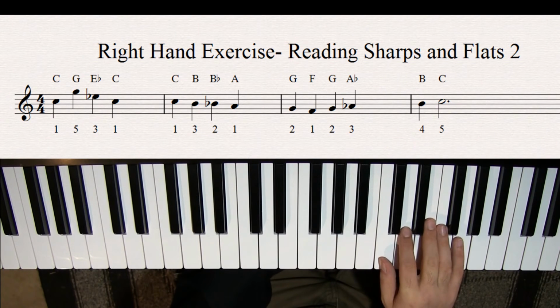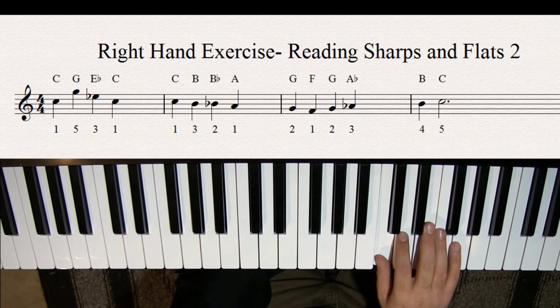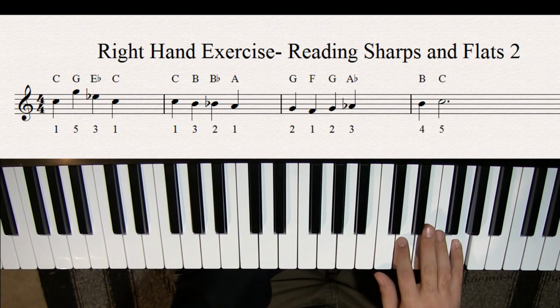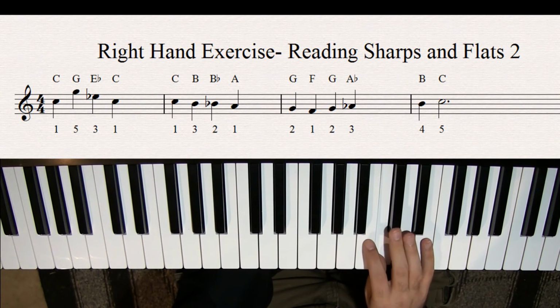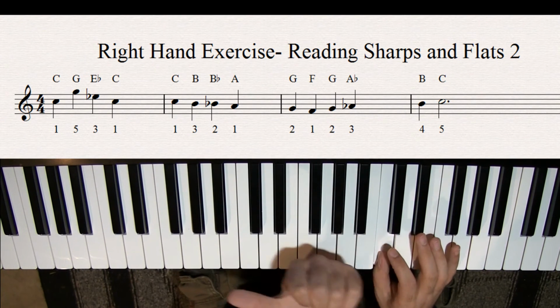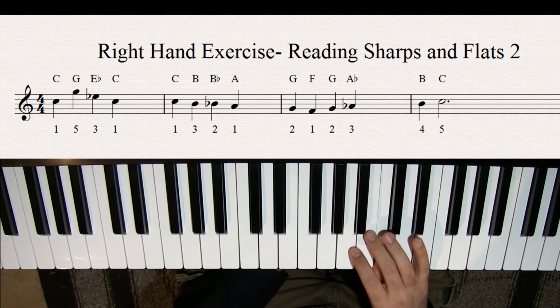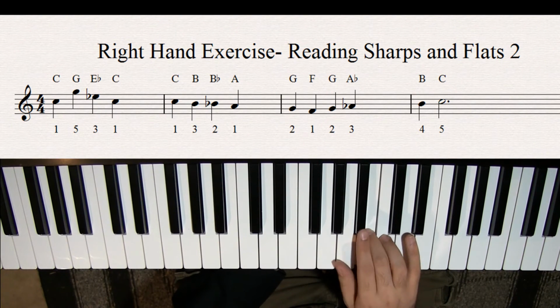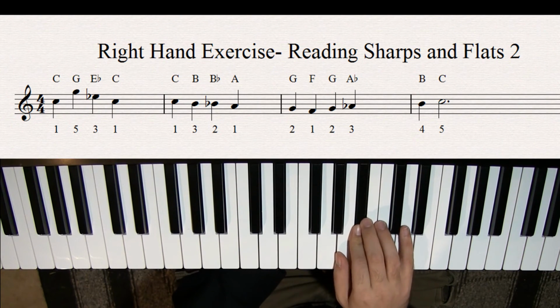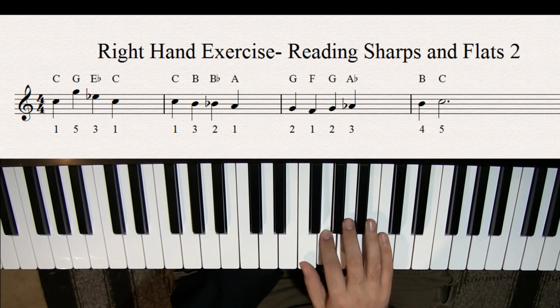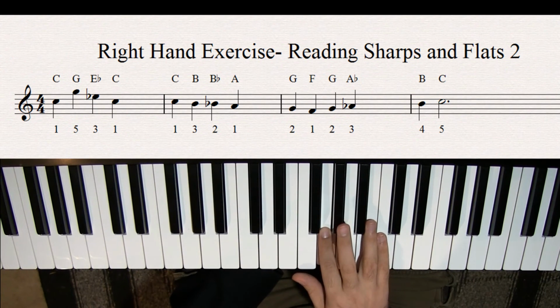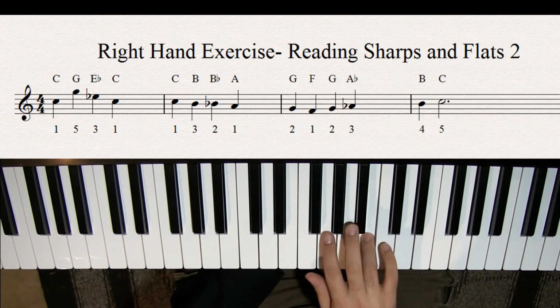So let's take a look at this one. Our first note is going to be C with 1, 5 with G, 3 with E flat, 1 with C, and then you're going to play 1 with C again. And since we're moving down this way, we need to use this fingering here, so it's going to be 3 with B, 2 with B flat, 1 with A, and we're next to the last measure now with 2 with G, 1 with F, 2 with G again, 3 with A flat, and then 4 with B, and 5 with